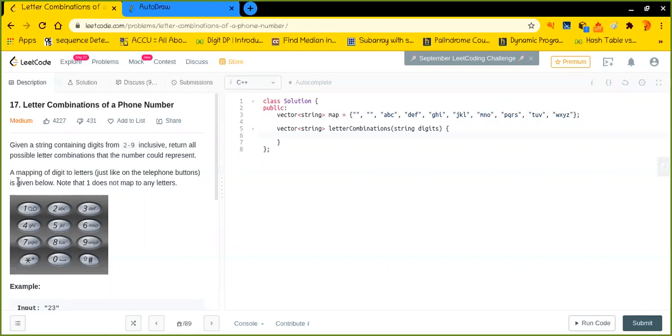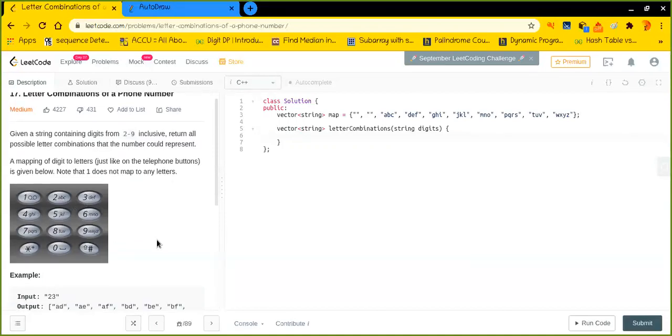In this question, guys, we will be considering the keypad phones that we were using some years back. This is the sample picture of that keypad of the phone. As you all can remember, each of the buttons had some letters on it. So 2 is mapped to ABC, 3 is mapped to DEF, and so on and so forth, right? I hope the picture is pretty much clear. You can remember all these things.